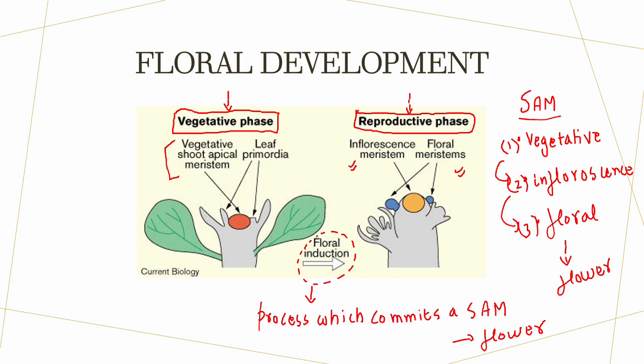And all these events, that is the conversion of vegetative to inflorescence meristem to floral, are known as floral induction. And it is quite important that you understand that the inflorescence meristem and floral meristem always come under the reproductive phase of development, while the vegetative SAM, as the name indicates, is a part of the vegetative phase of the flower development. Moving ahead,